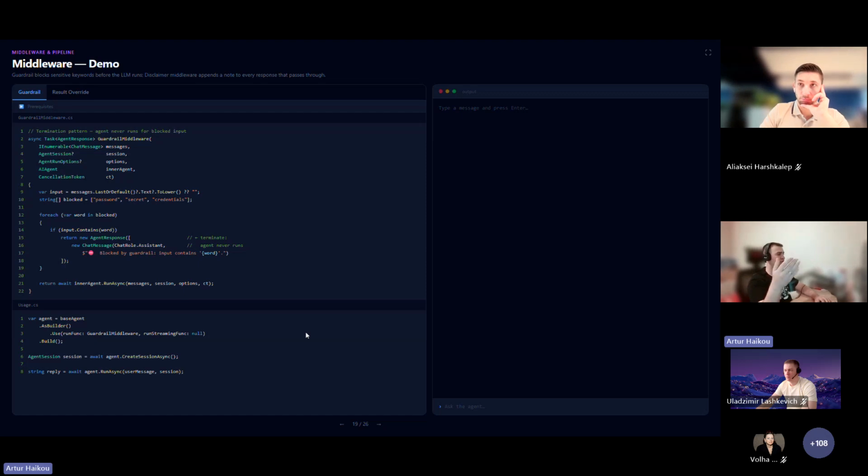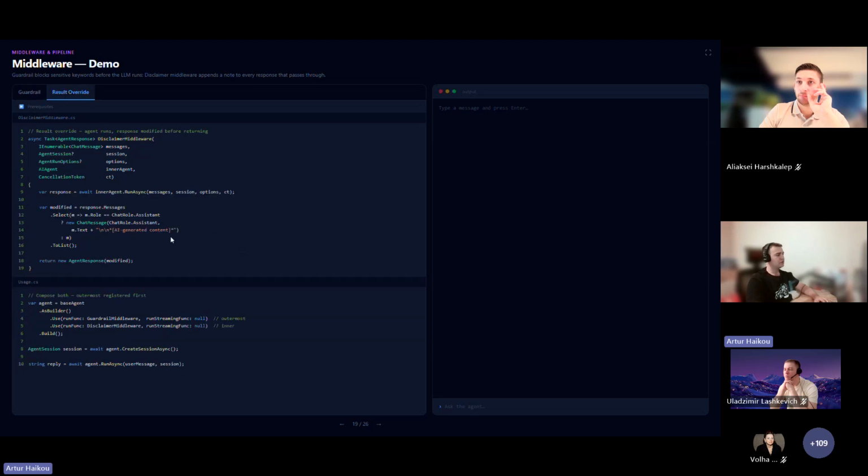Okay, and if you take a look at some documentation from Microsoft Agent Framework, they specify some patterns for middlewares. And one is a pattern like guardrail, where you are able to block some request to LLM if, for instance, the request contains some words like password, secret, credentials, but it can be any guardrail based on your policy on your project. Or, for instance, you're able to specify that everything that was received from LLM, you're able to add some disclaimer like AI-generated content.